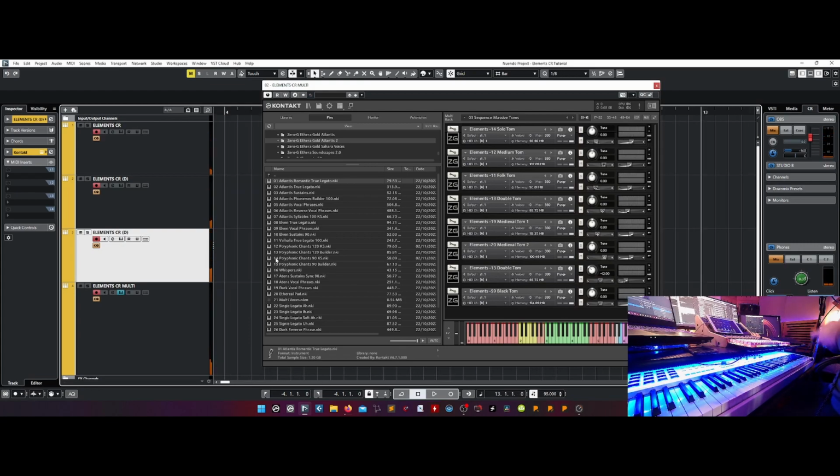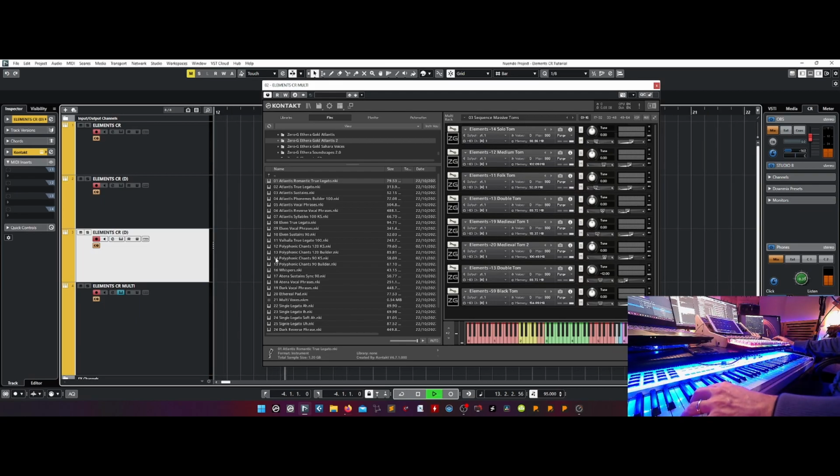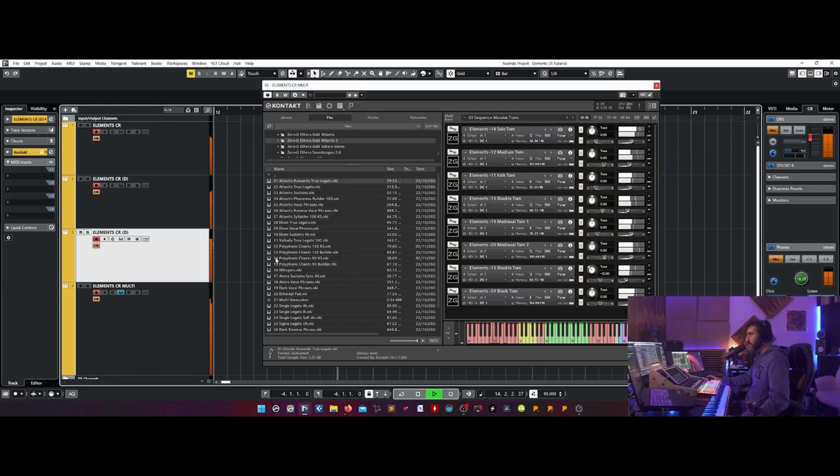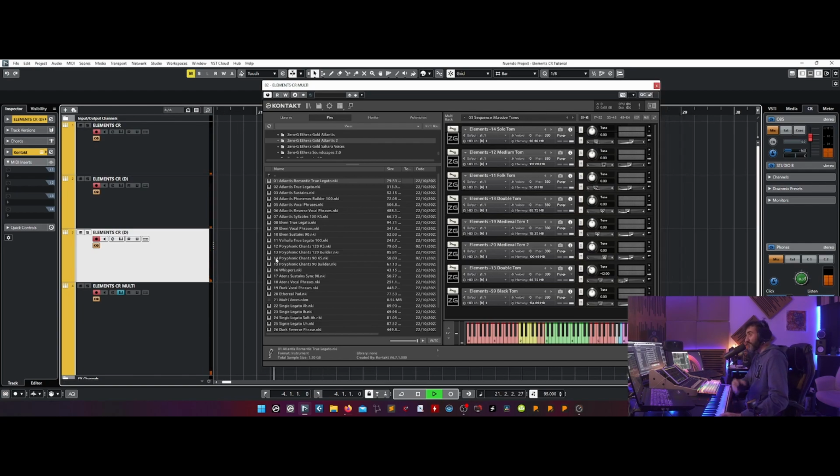My suggestion is use this library in any way possible. Audio loops, of course, to have an instant sound. And then you can play over the audio loops with the round robins, for example, manually, or play it by the sequencer, like in this case.